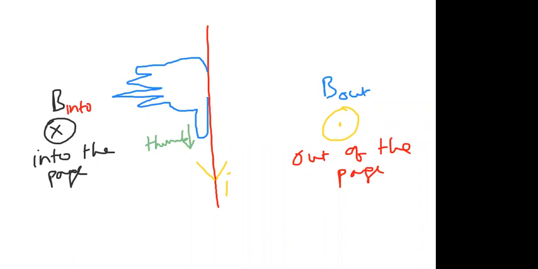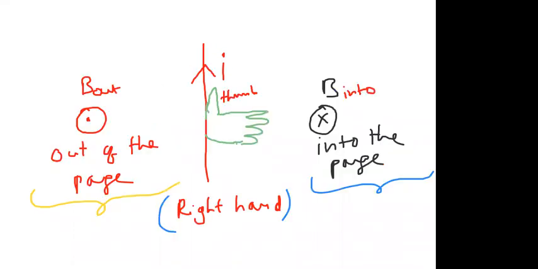So, out of the page, into the page, like that we discussed here. In the previous case, you just observe what we did: we kept the thumb in the direction of current and held the wire. So the remaining fingers are showing in which direction? Right side. Right side we got into, left side outside.